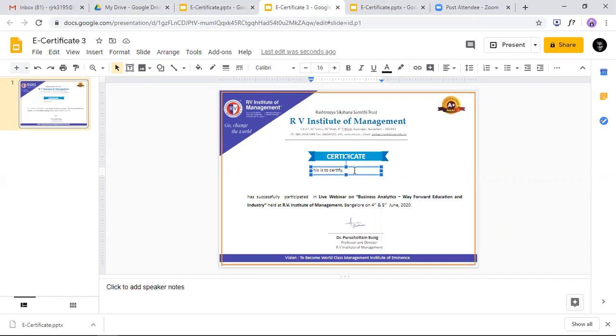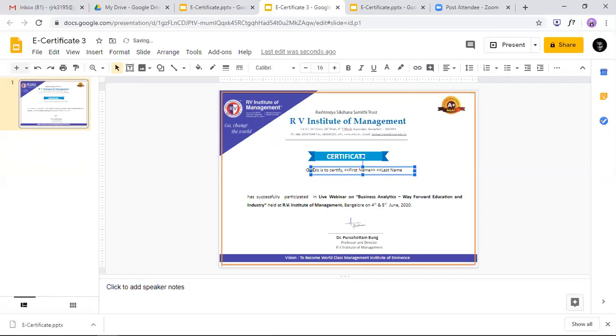We'll use a tag, a double curly tag, FIRSTNAME. This is the tag which will be taken from the Google Form. Then a space, and again a tag for last name, LASTNAME. So this is for first and last name.